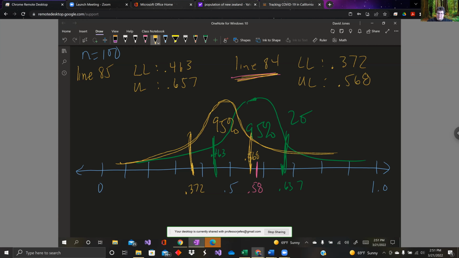And my study is going to be wrong. It doesn't actually have the true proportion in it. It could be wrong, which is what makes statistics frustrating for a lot of people. It doesn't guarantee a correct answer. The only way to guarantee a correct answer is to have a really high confidence interval. We need like 99.9% confidence. 100% is even better, but 100% is like doing the whole number line.